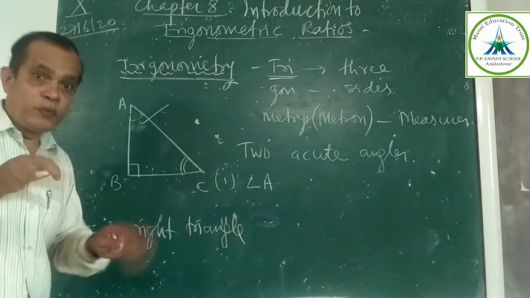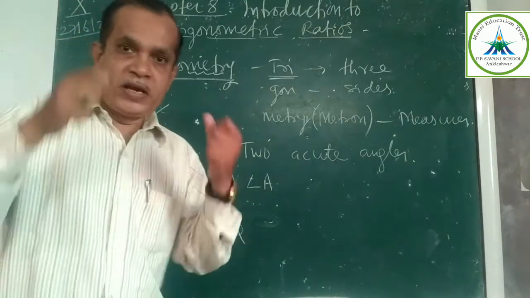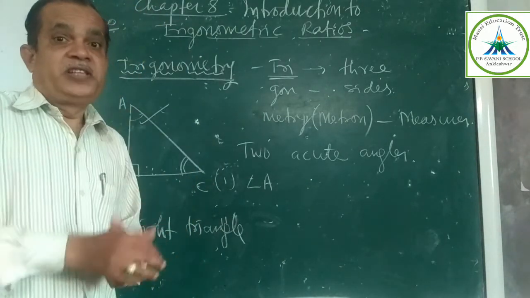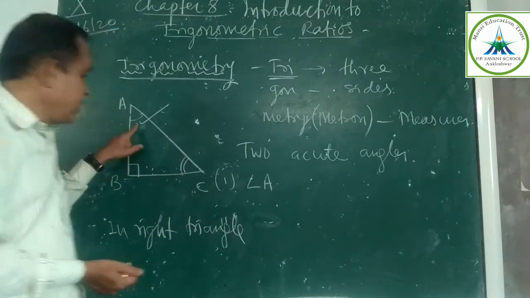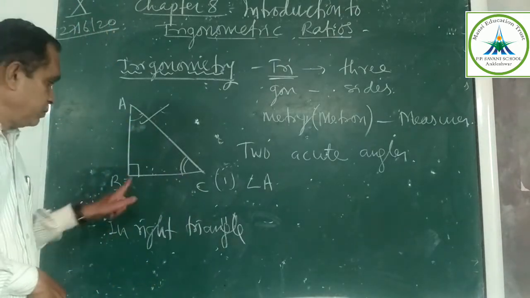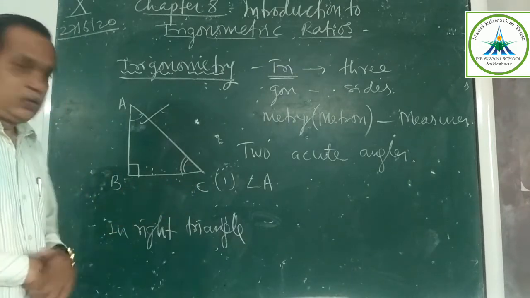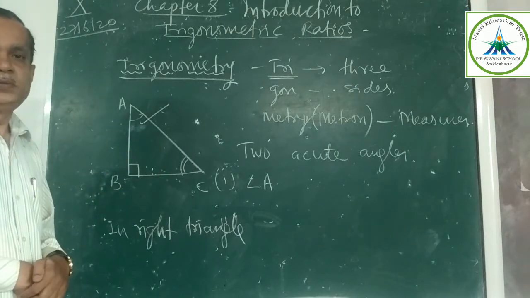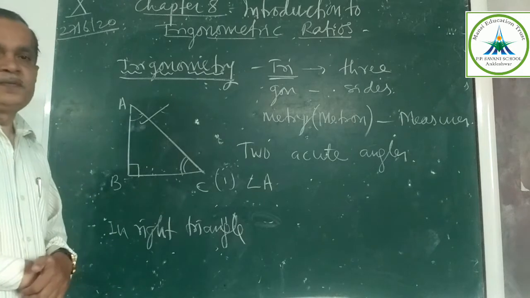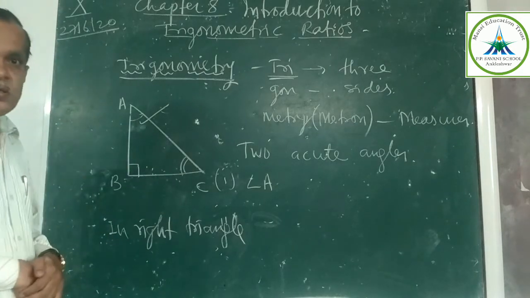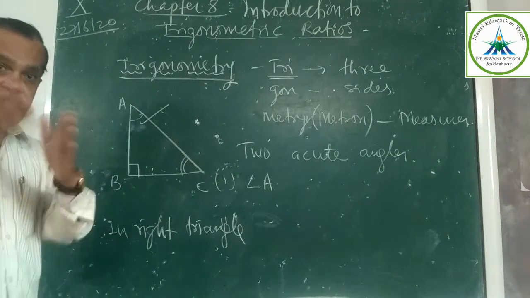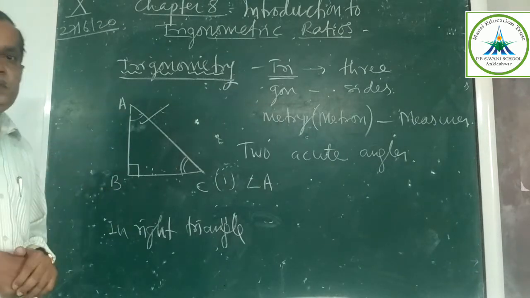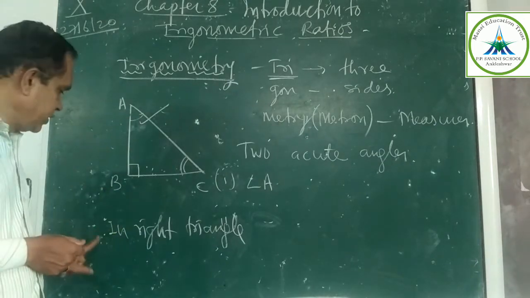Several times students get confused. If the triangle is tilted, they get confused about which is the perpendicular. Perpendicular does not necessarily mean it is standing. Look here, I am taking angle A. What is the opposite side? BC. Is it vertical? It is standing. It is standing for angle A, not for us. Therefore, this is the perpendicular side. The adjacent side is the base, but for us it is standing. Students should not read it as perpendicular just because it stands. So for angle A, they will get the perpendicular side. Is that clear?